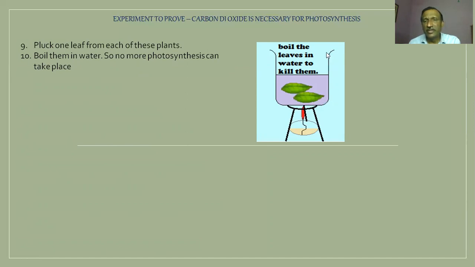So see, we have taken a beaker, we have put the water and put both the leaves from plant A and plant B. Now I have not shown any cut and all here, but it's common sense. You may use it. Then boil it using a spirit lamp or burner, whatever you have. Remember, always use a Borosil or Corning glass beaker, otherwise it will break when you warm it.